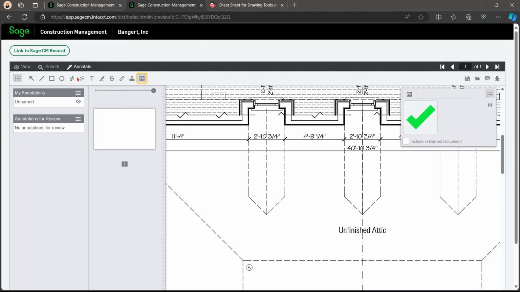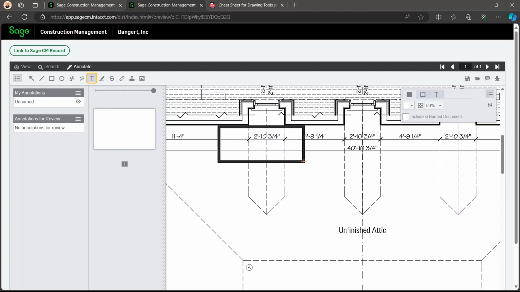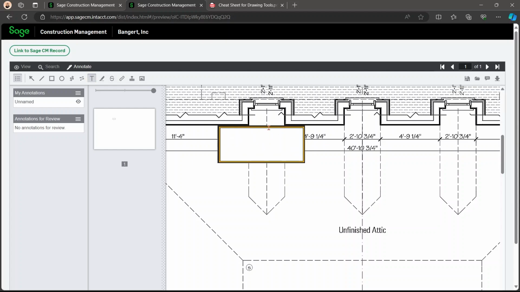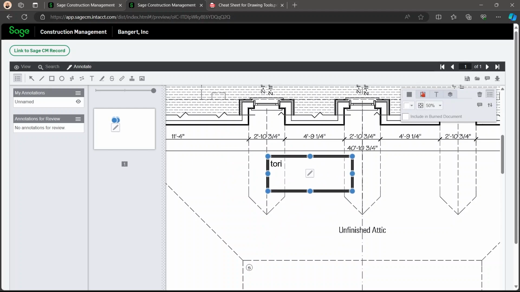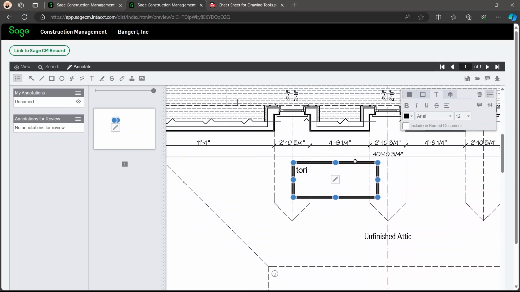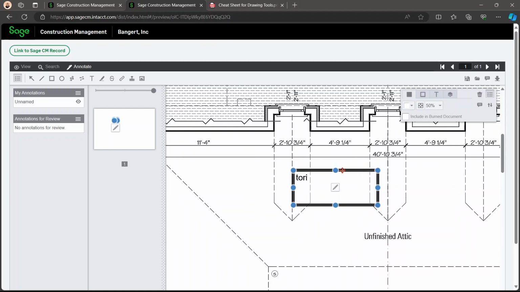Here you're also able to add text. So you can just create a text box, type what you need, and then you'll be able to move it out. And then you can move it around. Here you're going to be able to change the font style, options, border color, fill color to what you need to show the document the best and show your annotation.